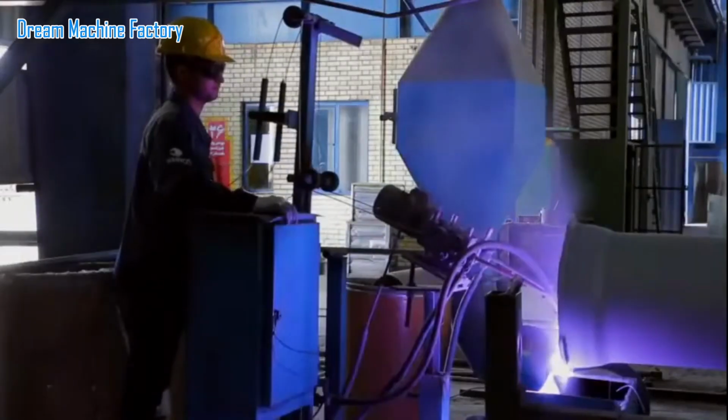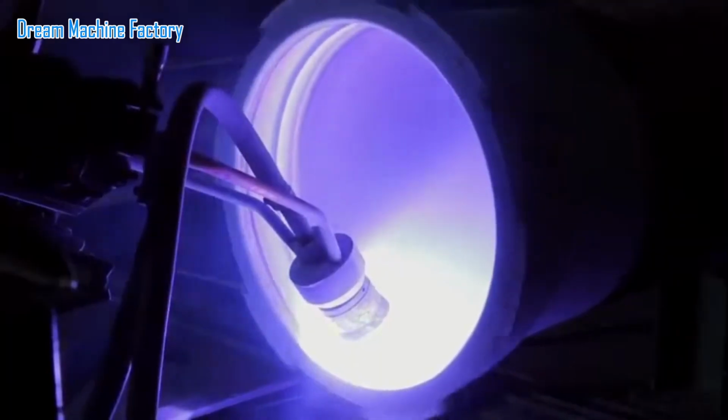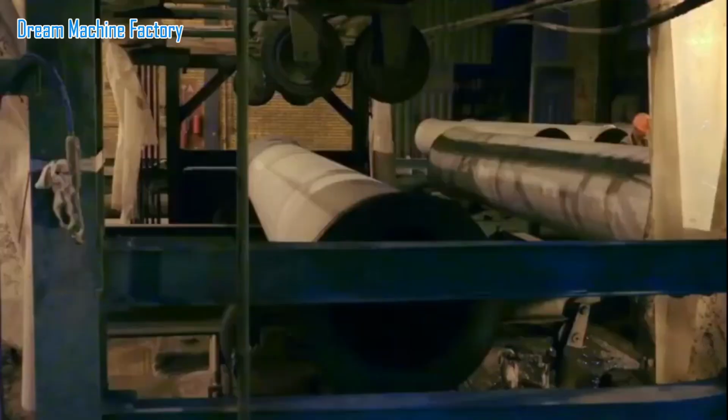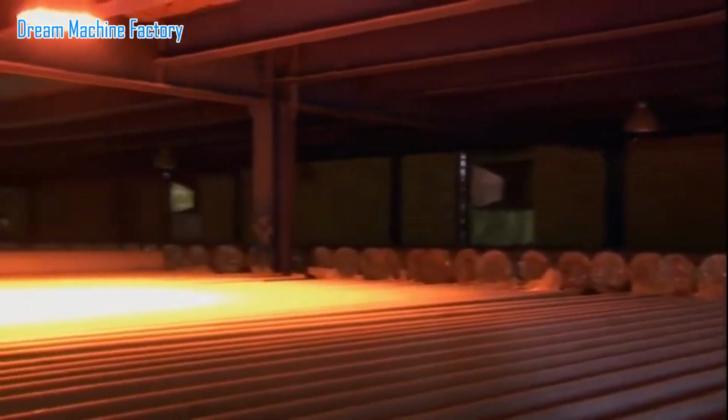The inner surface of each pipe is coated with a 2 mm layer of cement mortar using the centrifugal method. This internal lining ensures hygienic water conveyance, reduces surface roughness, and facilitates smoother, laminar fluid flow. The pipes are then transferred to a curing chamber, where they are maintained at temperatures between 55 degrees Celsius to 75 degrees Celsius for at least 14 hours to allow complete cement hydration and bonding, ensuring structural integrity and performance